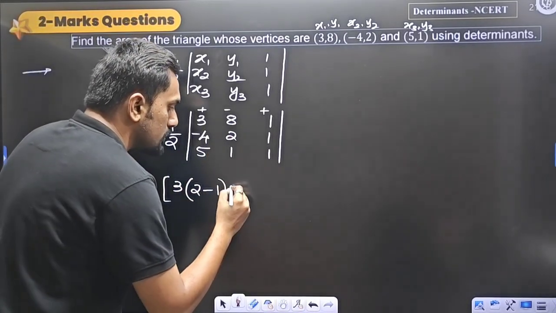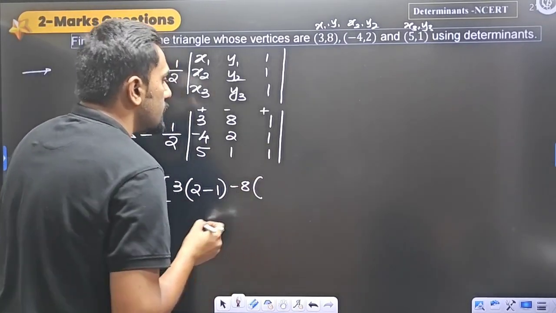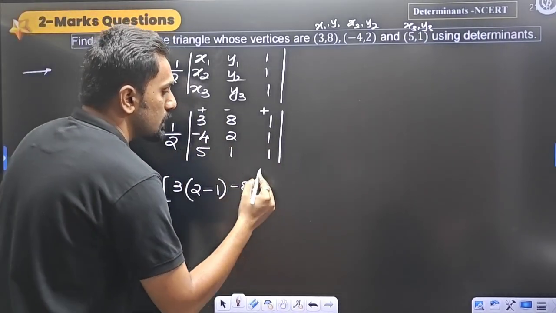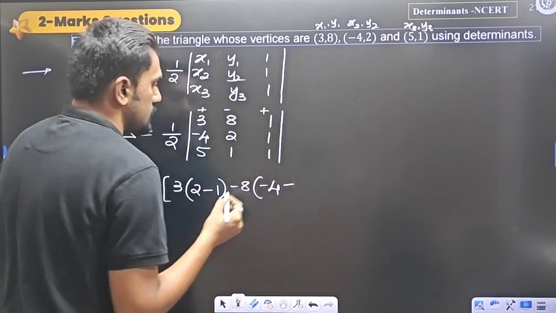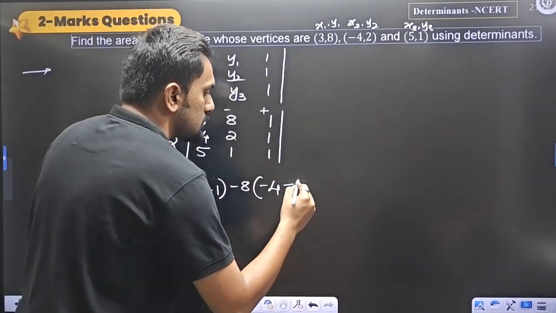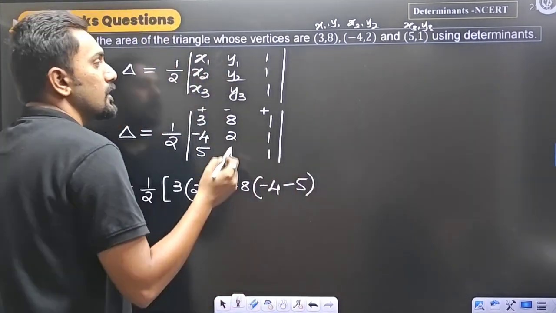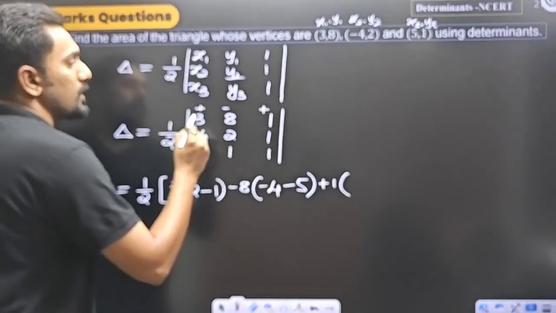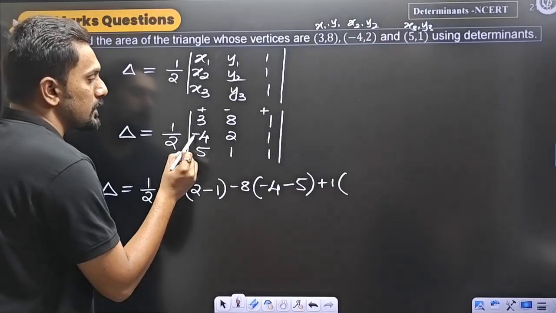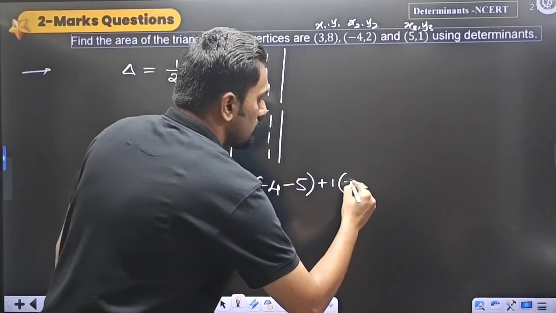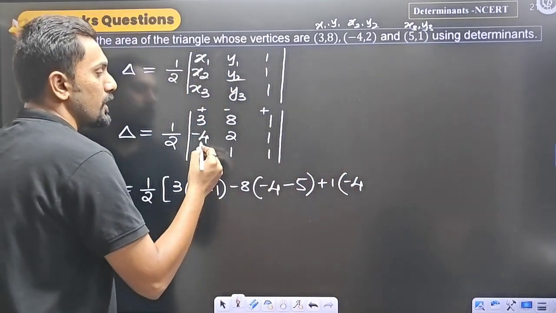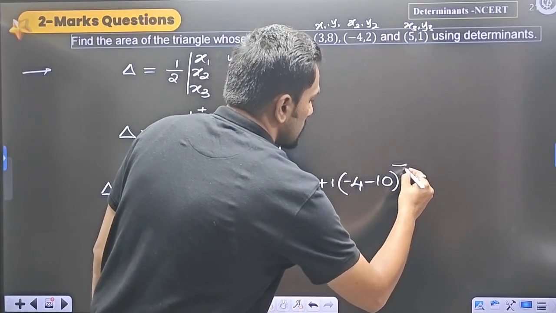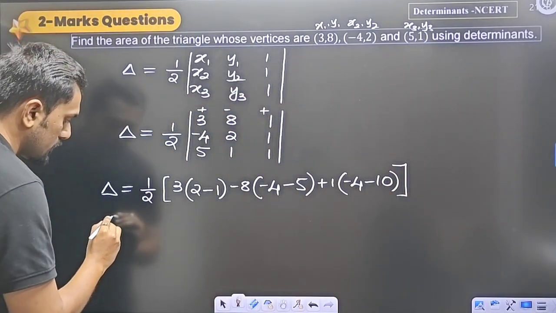Then minus 8 multiplied by, delete this column and this row, minus 4 into 1 will be minus 4, minus 5 into 1 is 5. Okay, then plus 1 multiplied with, delete first row, delete first column, minus 4 into 1 will be minus 4, then 5 into 2 will be minus 10. Okay, so